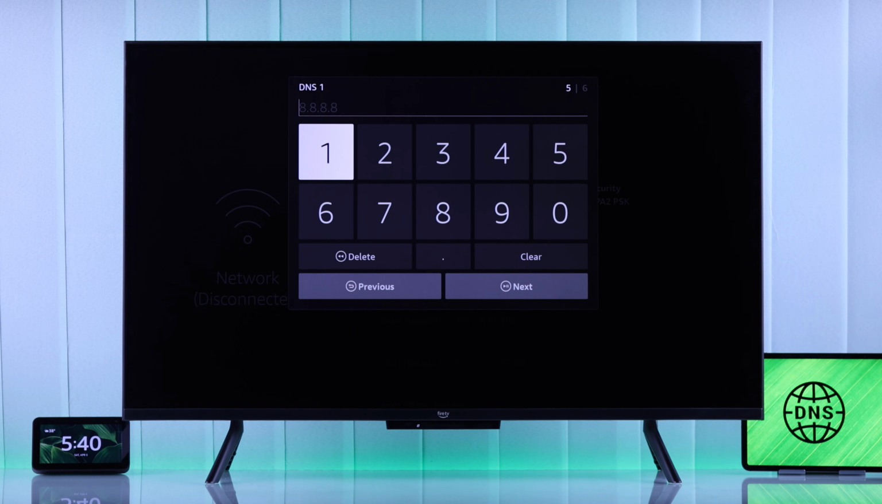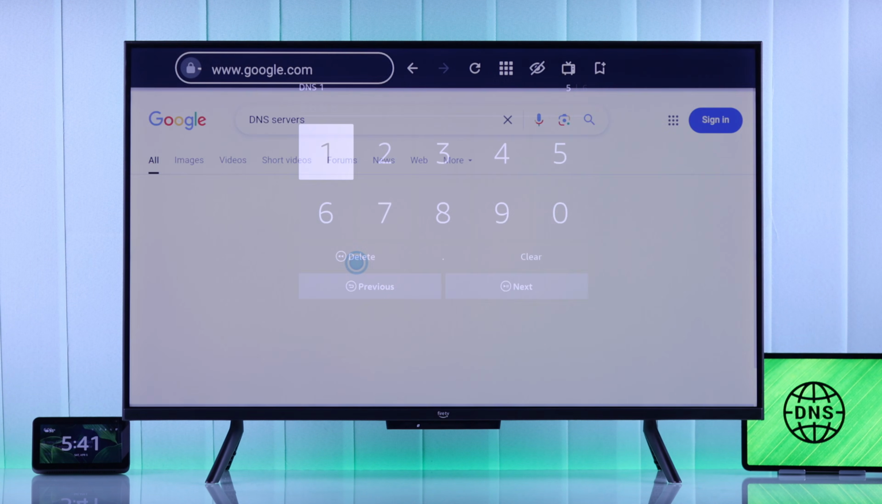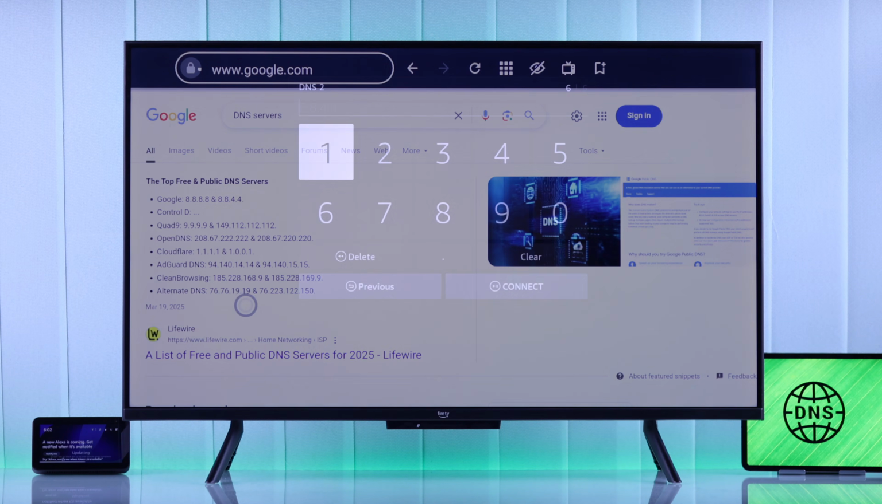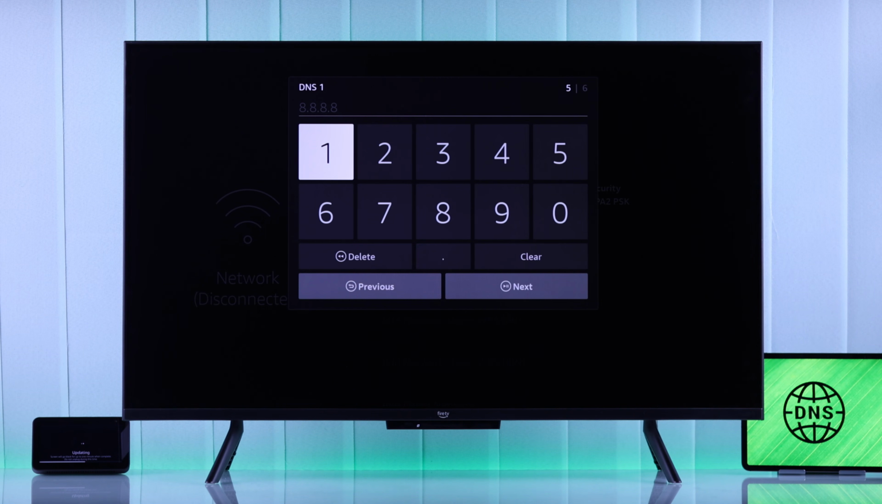Now in this field, feel free to put in any DNS that you find suitable for your use. If you're not sure which DNS that you want to use, then a simple Google search is all you need. For example, we are going to go with Cloudflare's DNS. So in the DNS1 field, we'll need to put in the primary DNS address, which is 1.1.1.1. Then we will press Next and put in the secondary DNS, which is